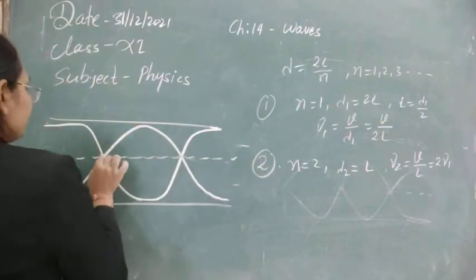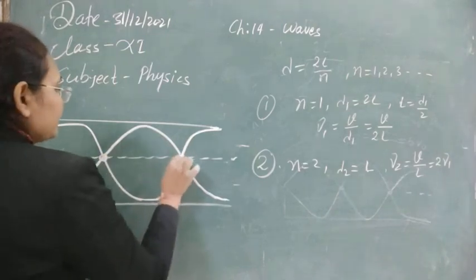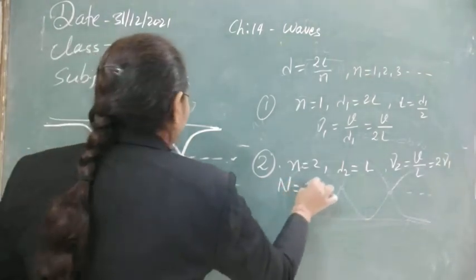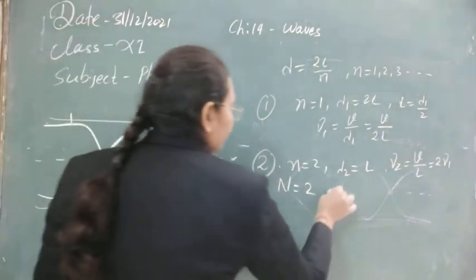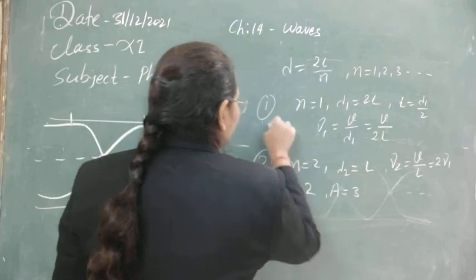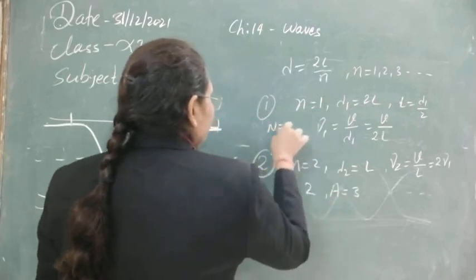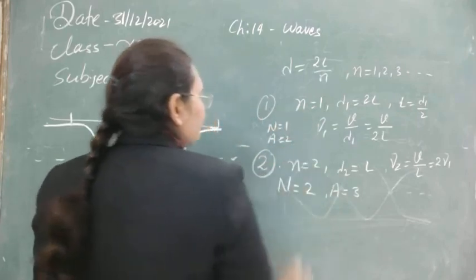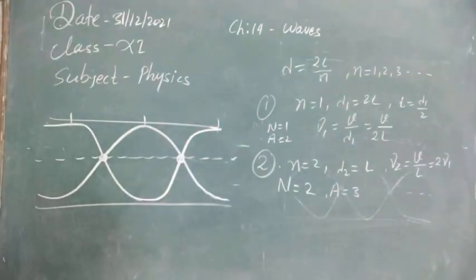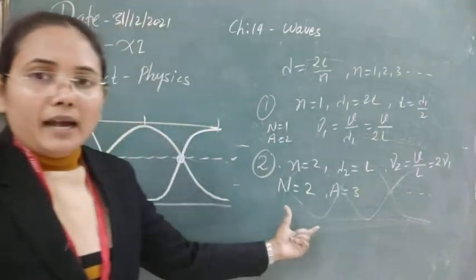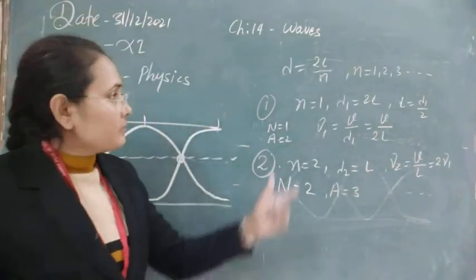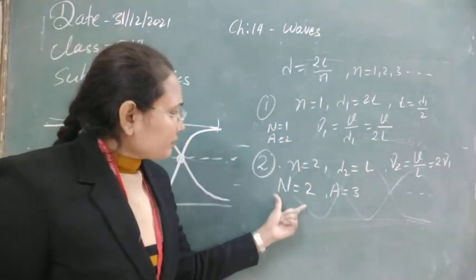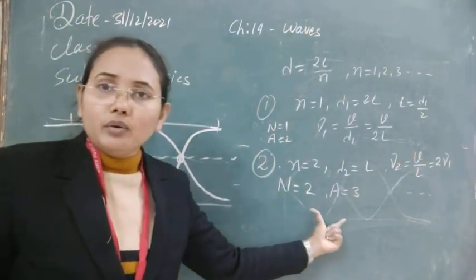So in this case you can see number of nodes again, that is now number of node is 2. Number of anti-node points, 3 maximum displacement points we have. Anti-node is 3 now. Here node was 1, anti-node was 2. Now we can generalize it from here, but again you can also calculate by yourself for n is equal to 3, and you will see the frequency will become 3 times the frequency of the first fundamental mode, and node will be 3, anti-node will be 4.